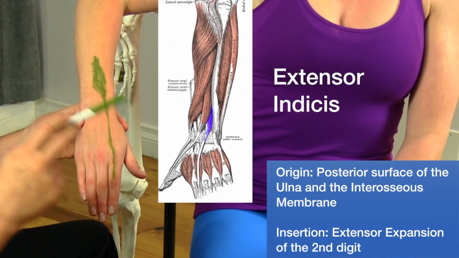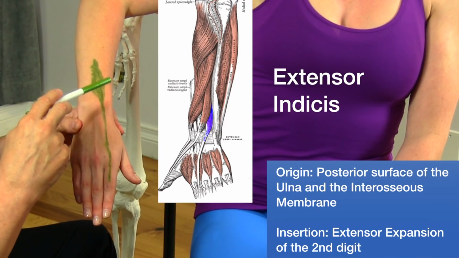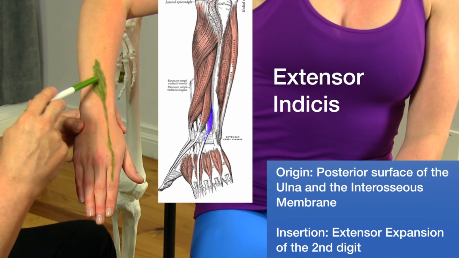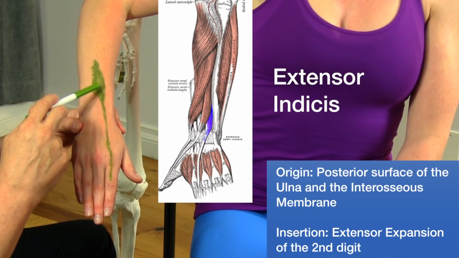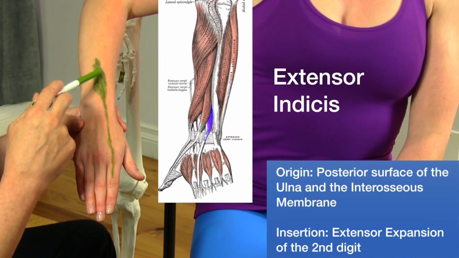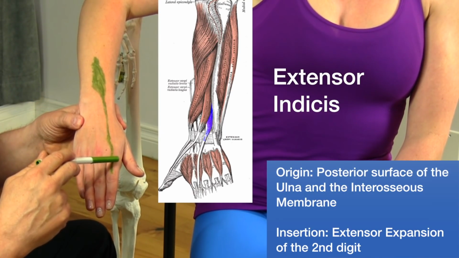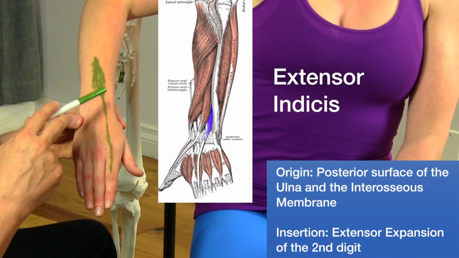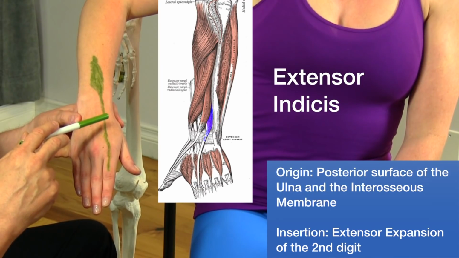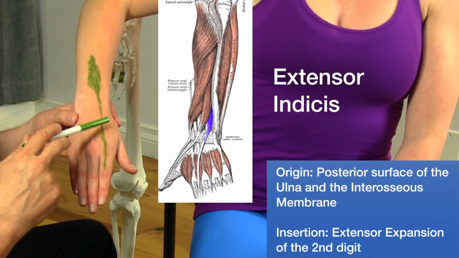The next muscle I'd like to talk about is the extensor indicis. This muscle arises from the posterior ulna and interosseous membrane, below the origin of the extensor pollicis longus. Its tendon runs down and joins that of the extensor digitorum, leading to the index finger. Basically, the action of this muscle is to reinforce the actions of the extensor digitorum on the level of the